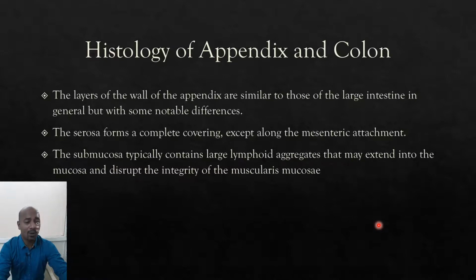Unlike in the colon, where there is an outer longitudinal layer, but it is very thin, and there are 3 bands of this muscularis externa, that is outer longitudinal muscle, which form concentrated bands of smooth muscle, which are called taenia coli. So except in very few places, the outer longitudinal muscle is a complete uniform layer, except in a few small areas where the muscularis externa is deficient in the appendix, allowing the serosa to come in contact with the submucosa.